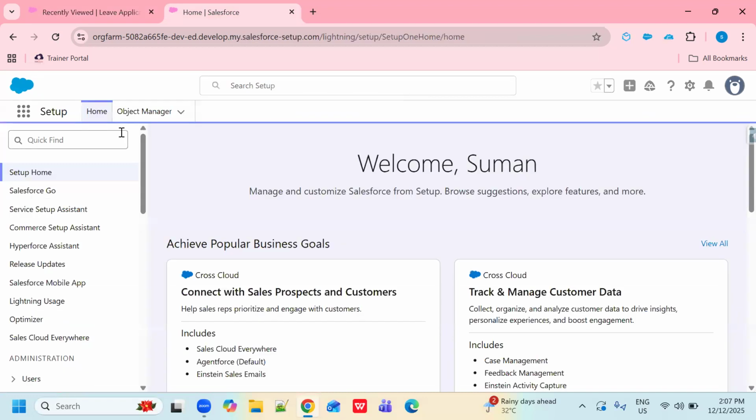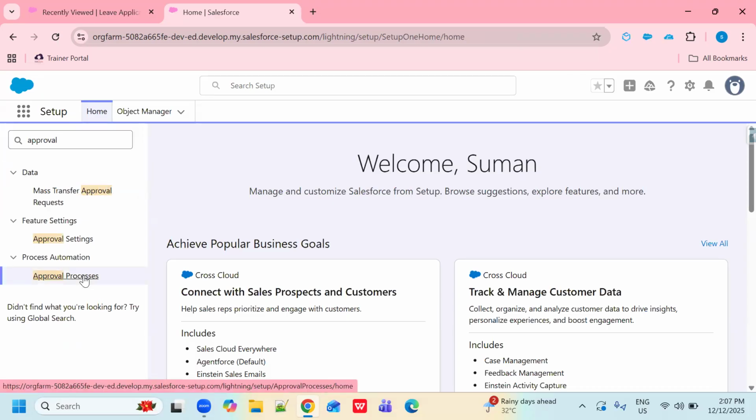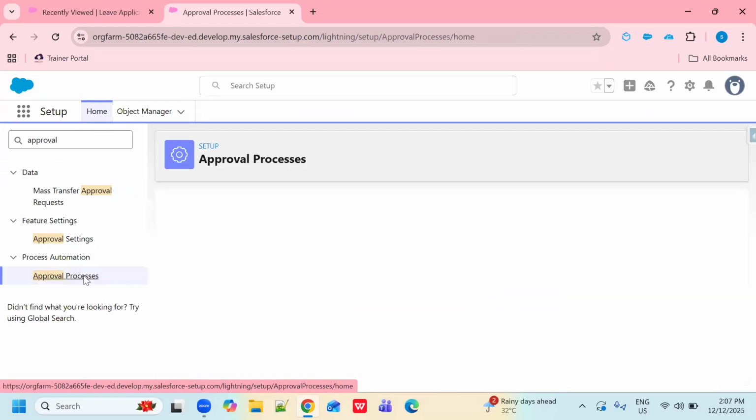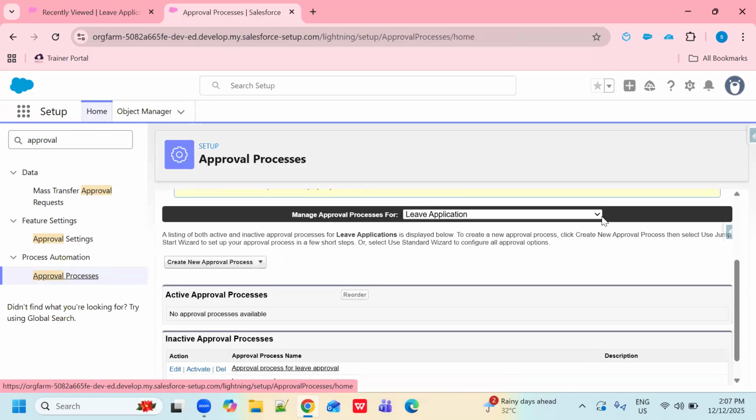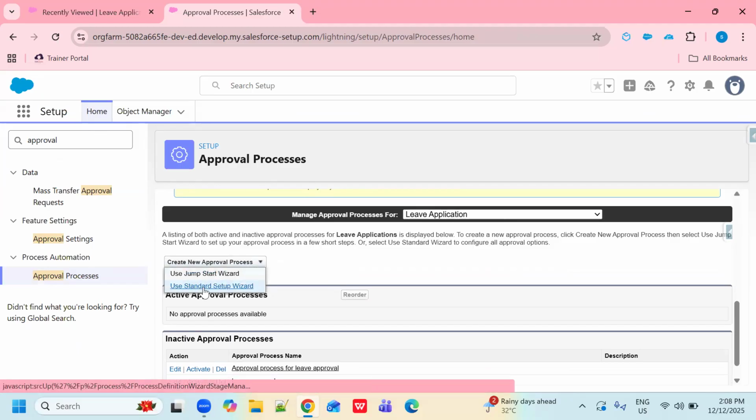Now come to our setup, type approval process here. So this is my object, Leave Application, where I am going to create this approval process. Now click here. I am using this standard wizard.